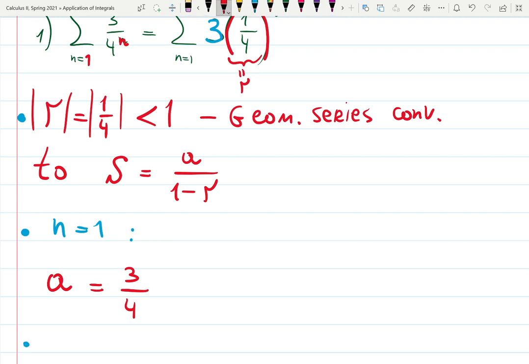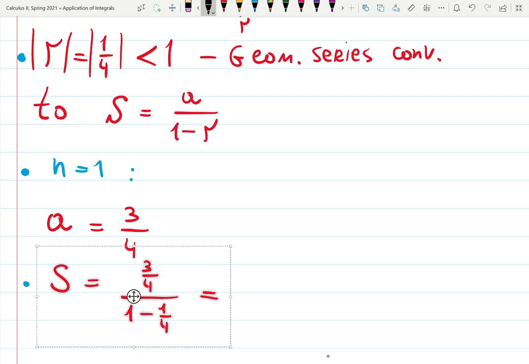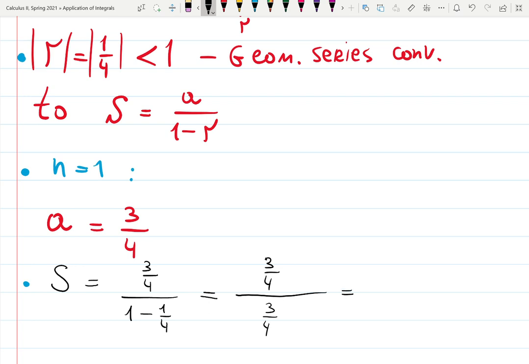Finally, the last step is to calculate the sum. The sum is a, which is 3/4, all over 1 minus r, which is 1/4, equals. If you're afraid to work with fractions, do it the way I understand it. When I see fractions over fractions, I create a common denominator at the bottom. So it's going to be 3/4 over 1 minus 1/4, which is 4 over 4 minus 1 over 4. That is 3/4. 3/4 over 3/4 is 1. Thus,